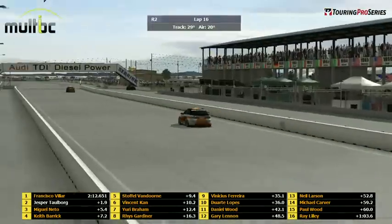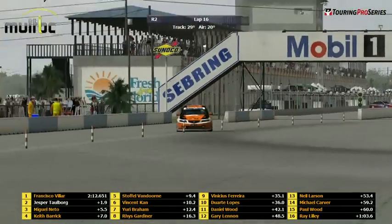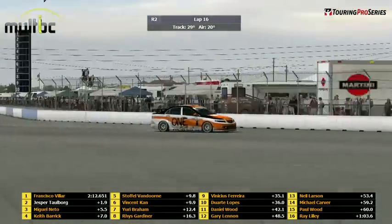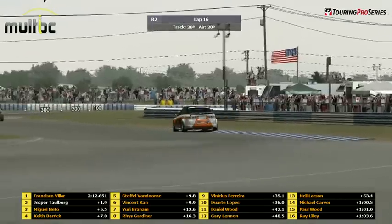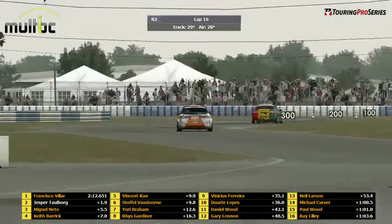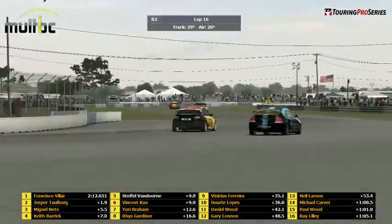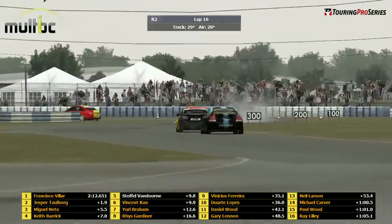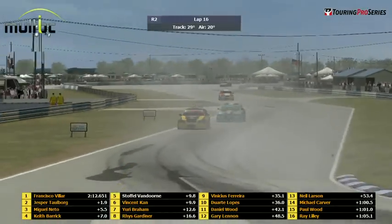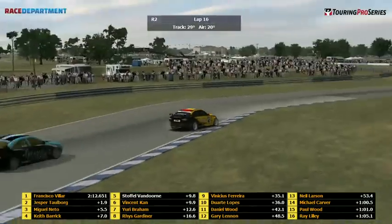1.9 is the gap now. A little bit of a slower lap there from Tolbog, in fact. We gained 0.9 of a second, which is plenty, I guess. Yeah, that's not too critical, right? Second a lap. And of course, Khan's got past Van Dorn. Oh no, Khan's not got past Van Dorn. Van Dorn's holding the inside, and Van Dorn's swirling about on the exit, and Khan lets him go through. Of course, Khan would be very sensible as well. He's not going to make a silly move. No, he doesn't take him out. He knows what it feels like to win a title and be a championship contender, so...